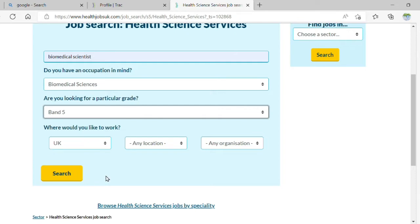So if you are applying from outside the UK or applying for the first time, because if you are straight away applying for a band 6 job, it would be a bit harder to get a job. So start from the low grade, not from the fourth or third grade. If you have registration, you can apply for a band 5 job. So start from the band 5 job, and then where you would like to work,